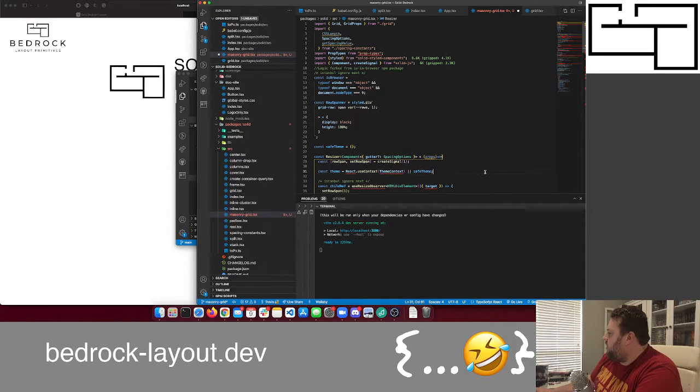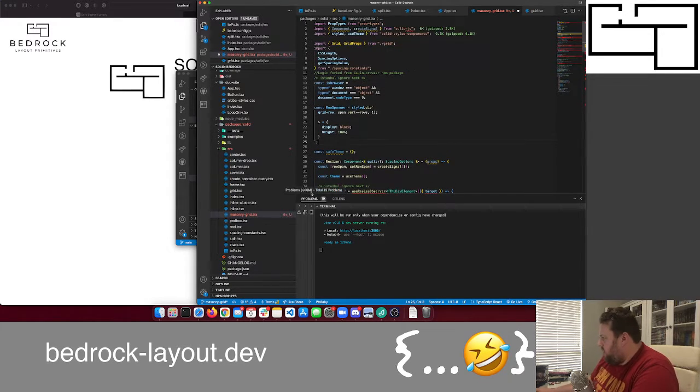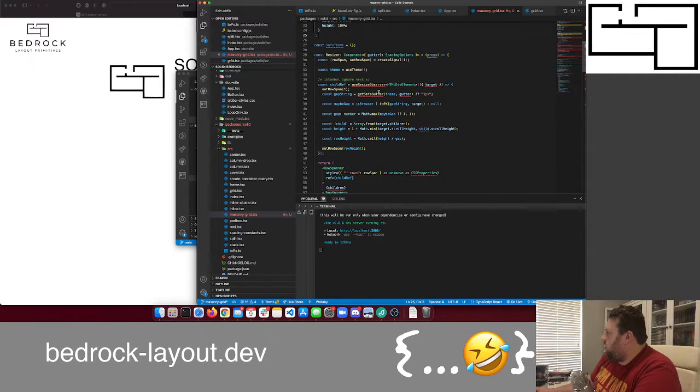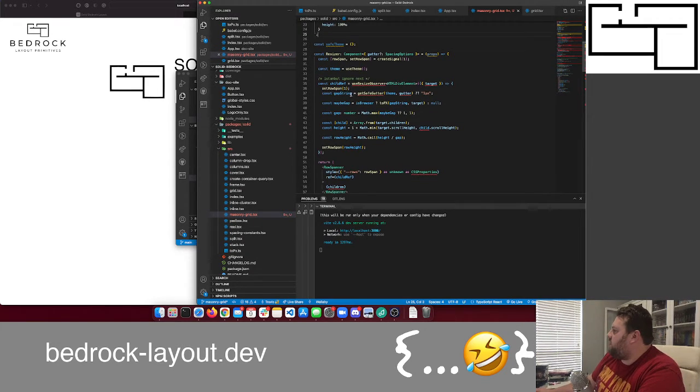And we do need to know the theme. So let's go use, it was use theme, right? Okay, that's good. I like that. So here we go. We don't want to do use resize observer